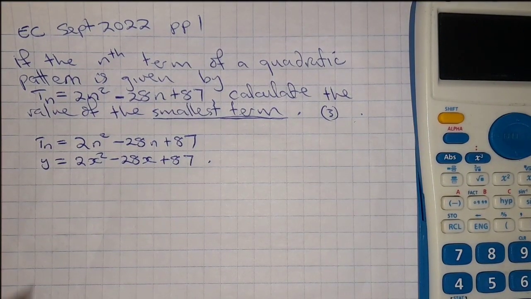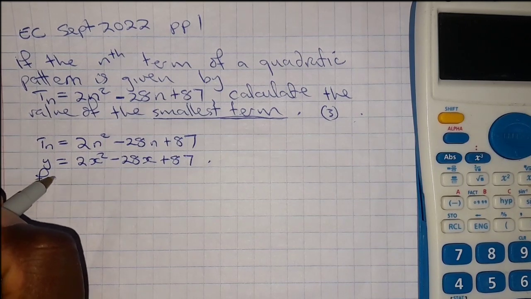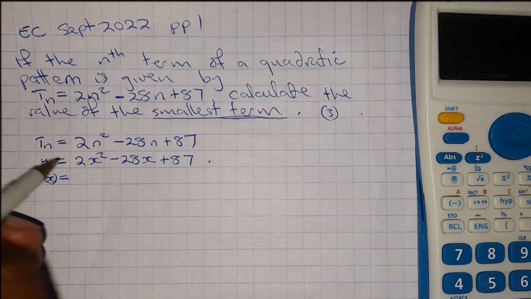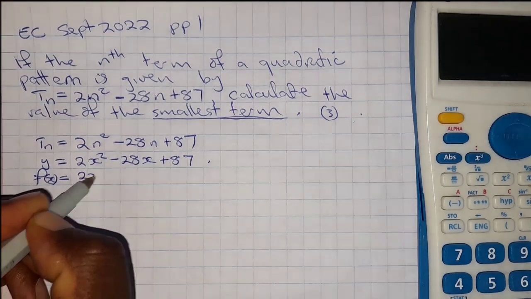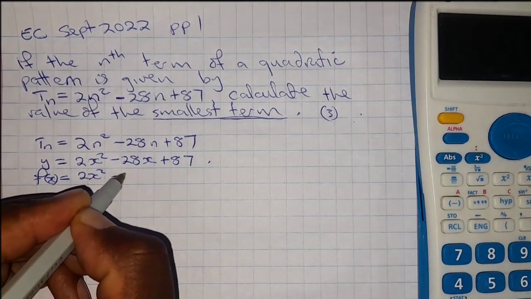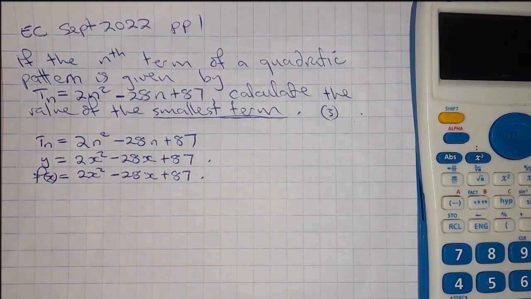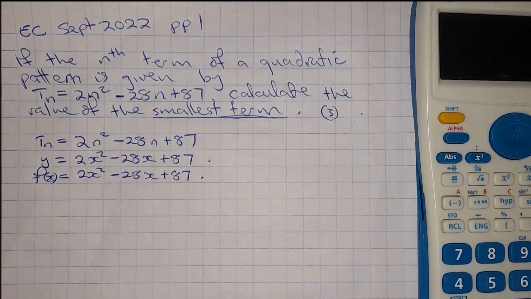That's a quadratic equation, which is also a function, a parabola, that is 2x squared minus 28x plus 87, right? Now,